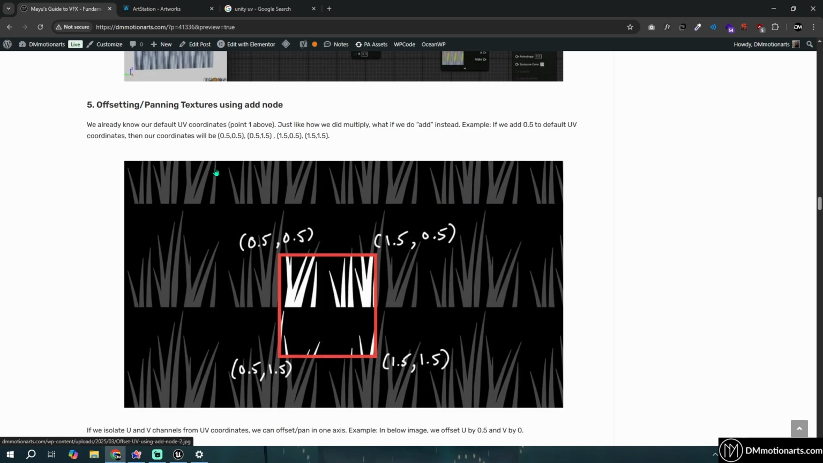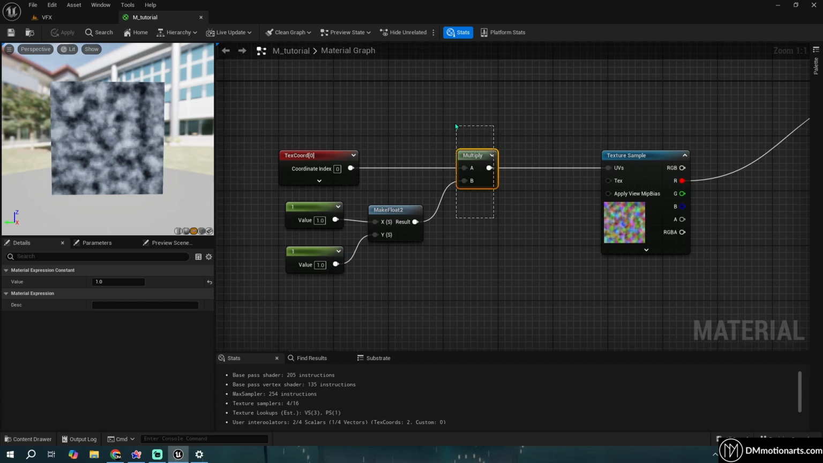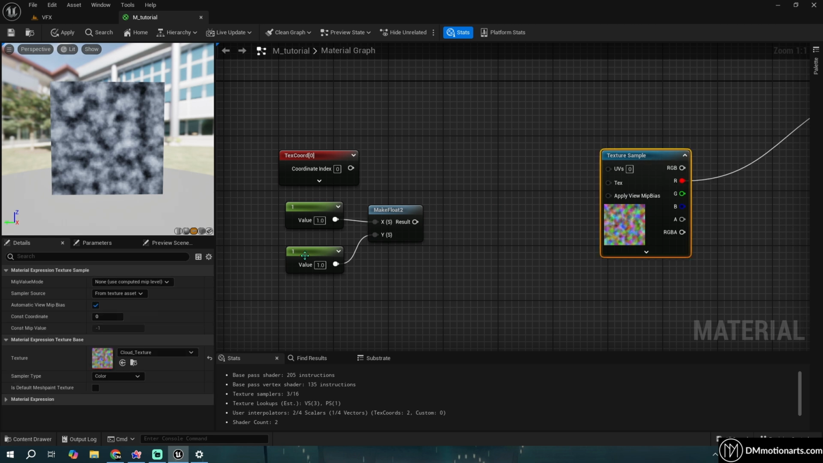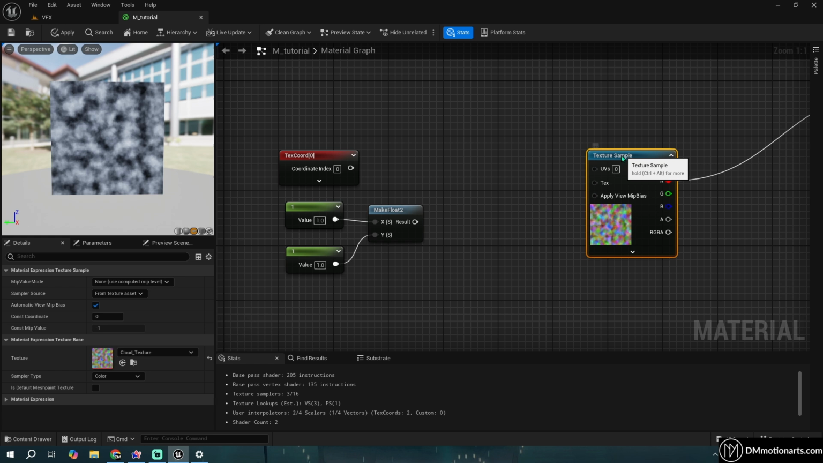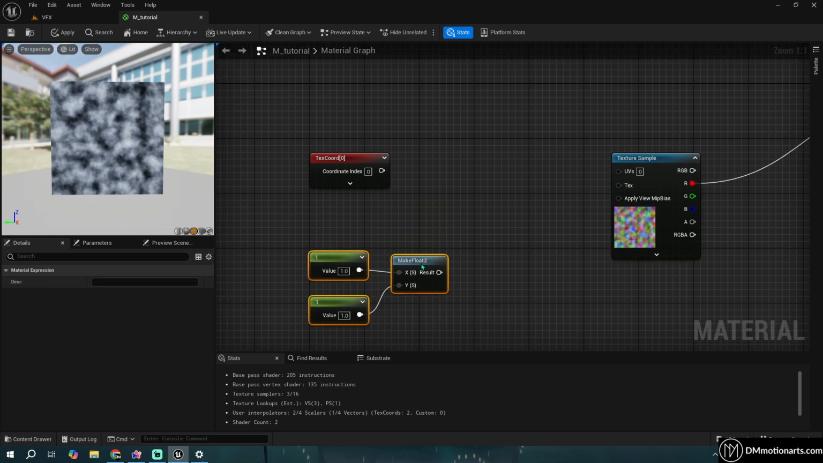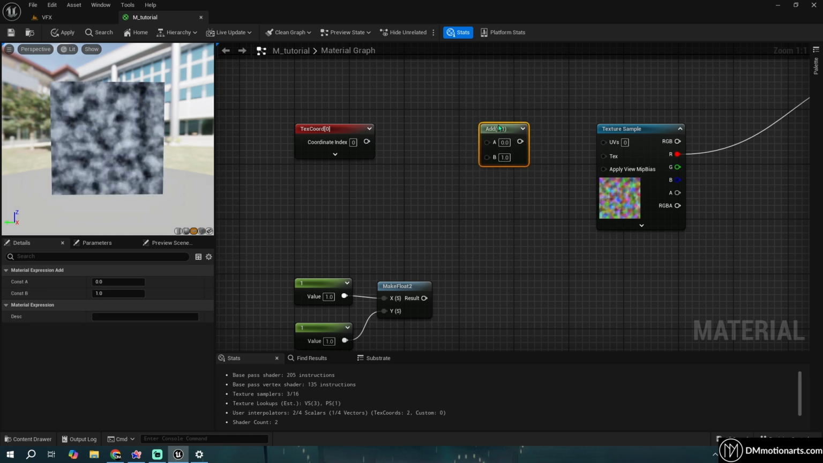Now this is where offsetting and panning comes, which is very common stuff that you would use, which is adding or subtracting in the UV coordinates, and we use the add node to actually move the texture or animate the texture. So instead of using multiply right now, I'm going to remove this. Should I turn this back to leaf? Never mind, I'll keep it like this. I'm also going to remove this down, and here we'll do add. You could press A and add